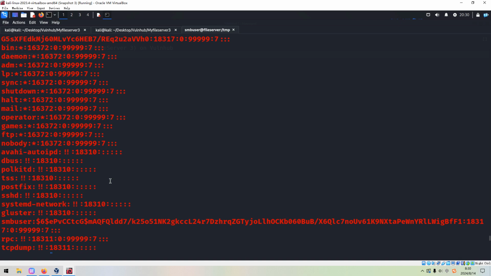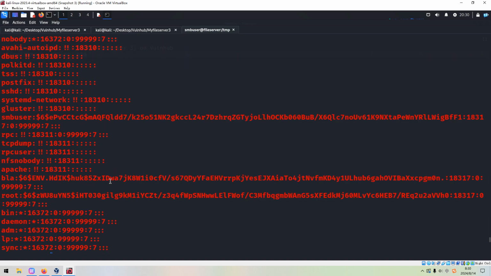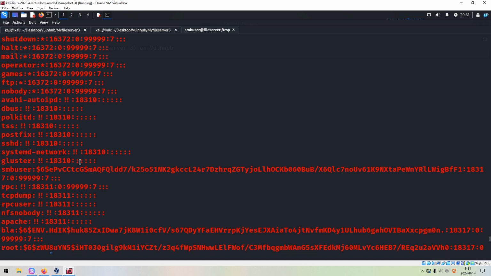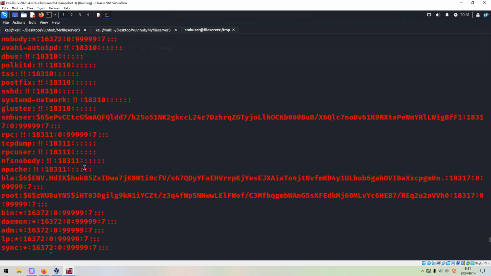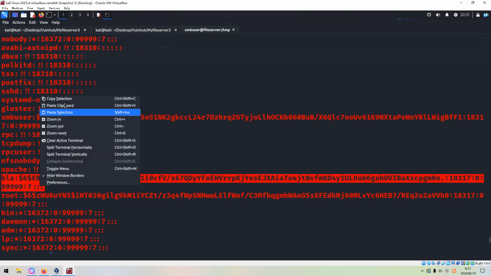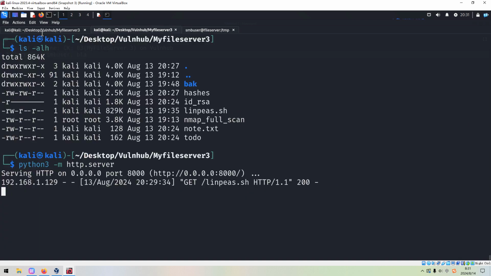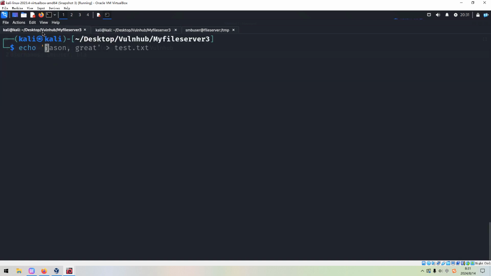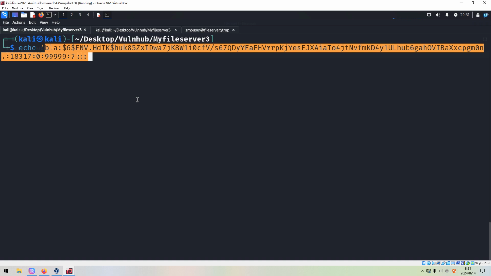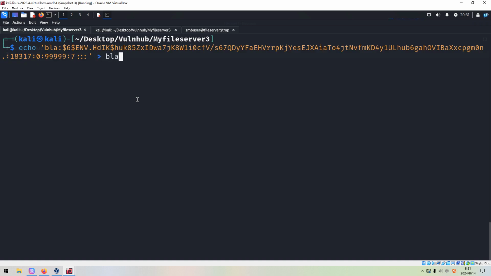So I think next, because we have already got a shell as the user SMB user, we can try to crack the password for another user. We can copy it and save it into a file. We can use the name, and then use John the Ripper with a wordlist.